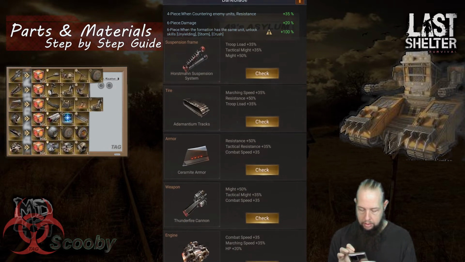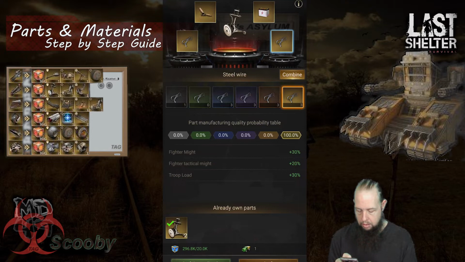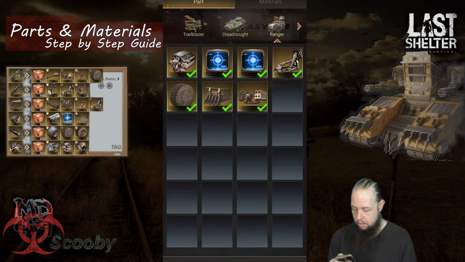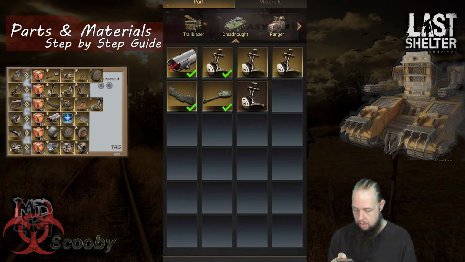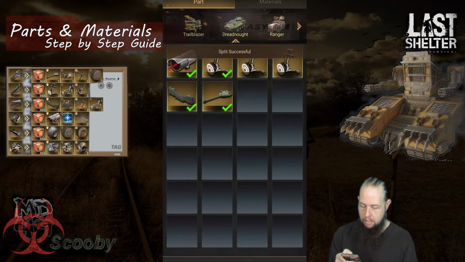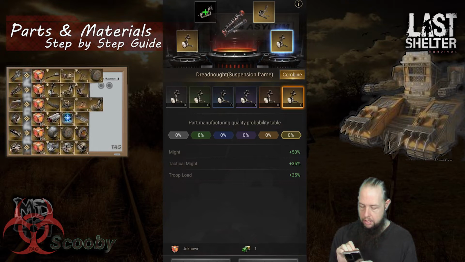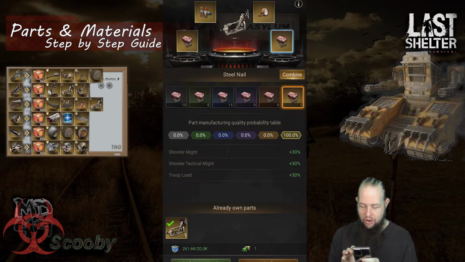Move on to his next part. Alright, so it doesn't like me, so we'll go ahead and do that one. We'll go to here. Just go ahead and split it since he's got the parts production done. Now that we've made one full gold one, let's